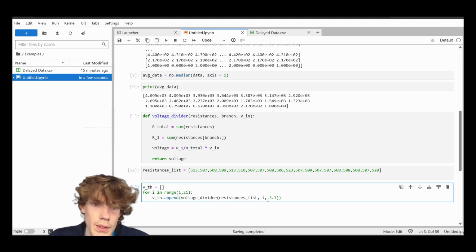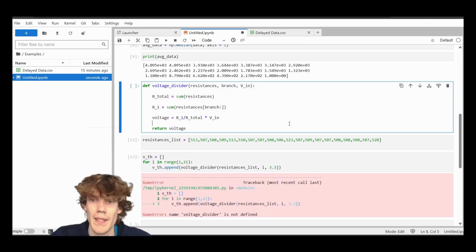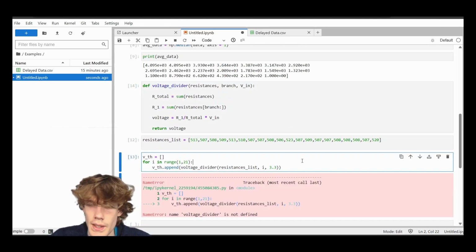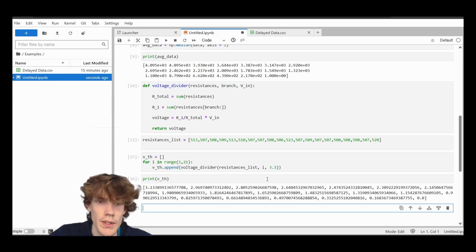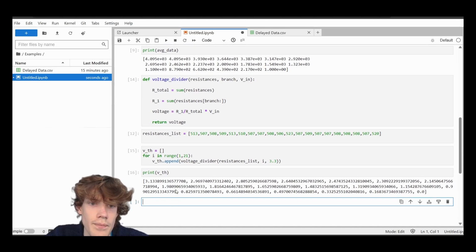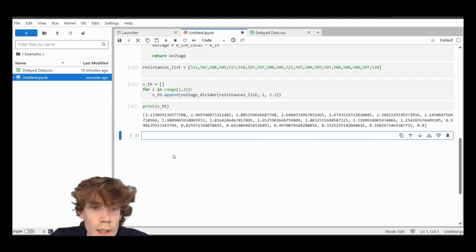And then it should be able to run that after running our function. We can run that like that. And then if we print theoretical voltages, there they are like that. Now all we have to do is plot our measurements against what we expected them to be. So we'll do